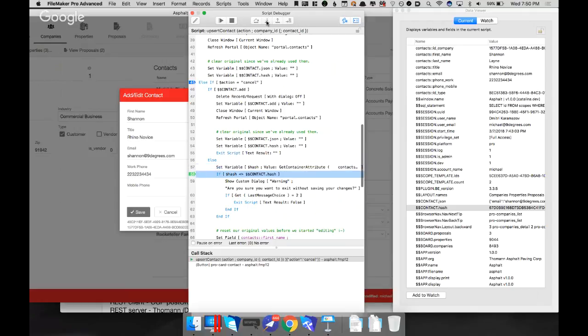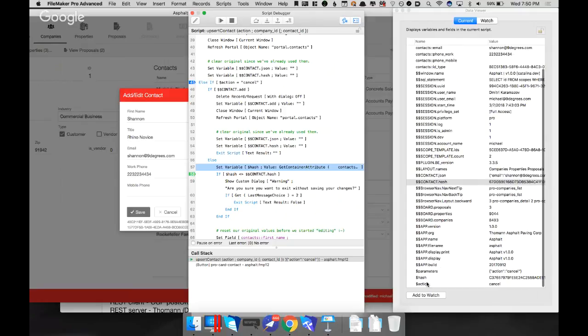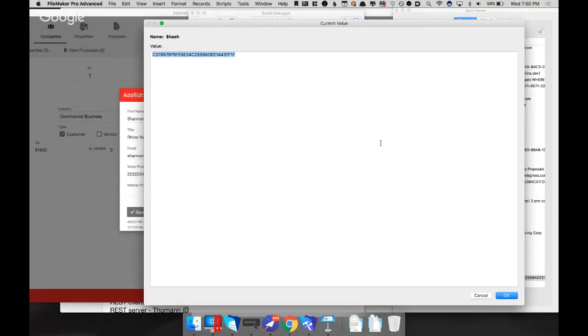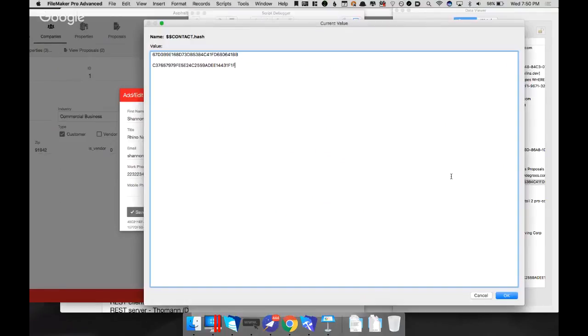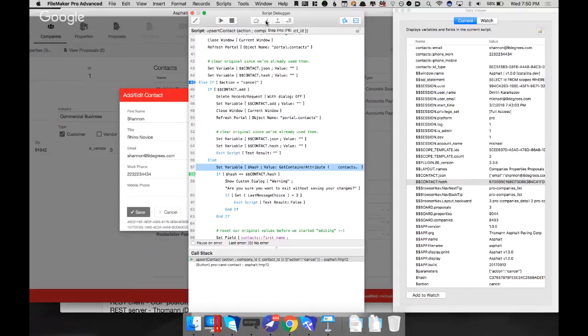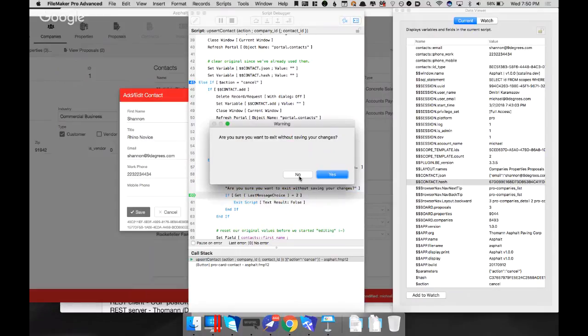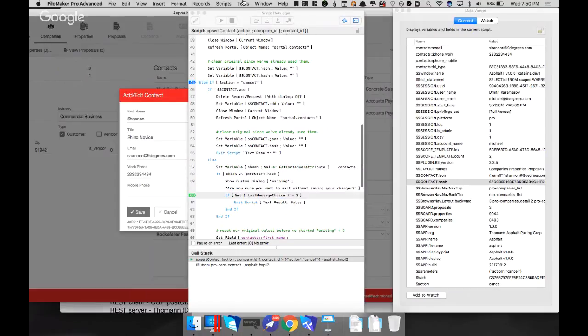The next thing I do is create another hash. This hash is of the current values. And they're different. That's right, they are different. Since they're different, that's how I know that, hey, you did something. Are you sure you want to continue? So if the hashes are different, I show this warning: are you sure you want to exit? If I say yes, then